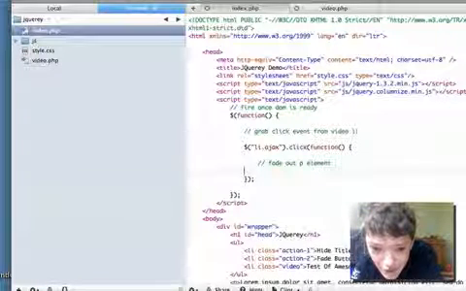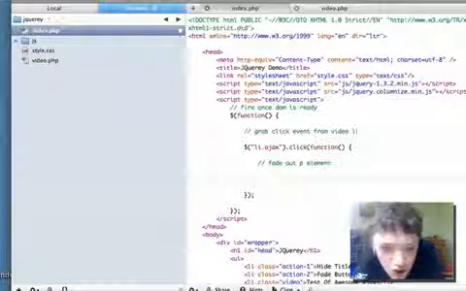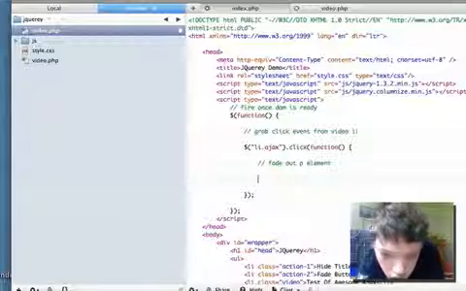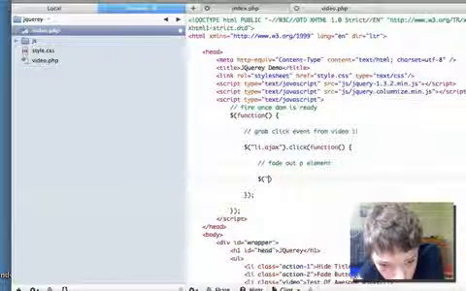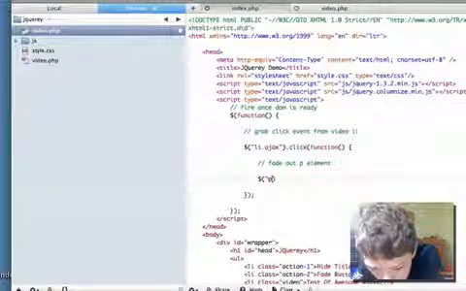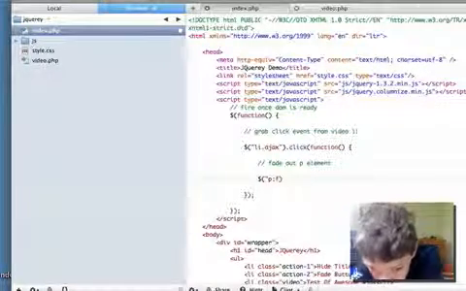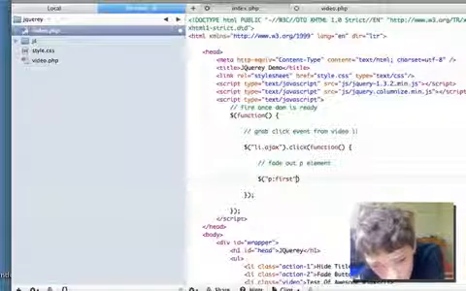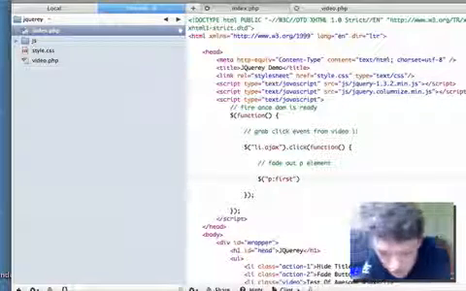To fade out the p element, what we're going to do is grab the p element, and then we're going to use what I believe is referred to in jQuery as a pseudo selector, and you can say in relation to what it is on the page. So we're going to say p first. There's only one paragraph element, but it's just being a bit more specific, the same as specificity in CSS. I'm going to say p first